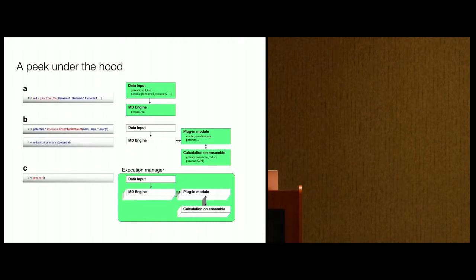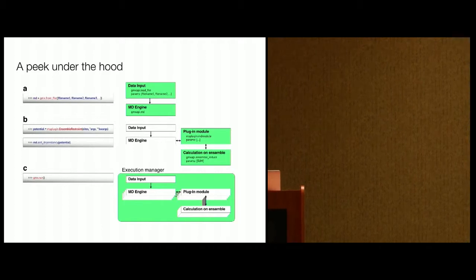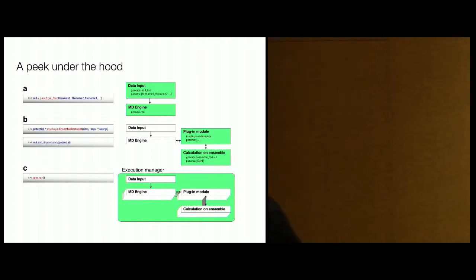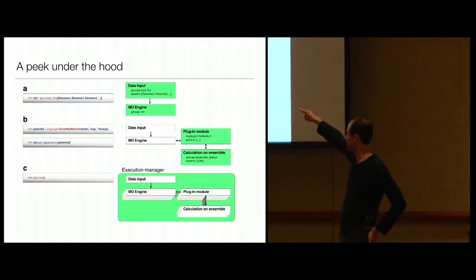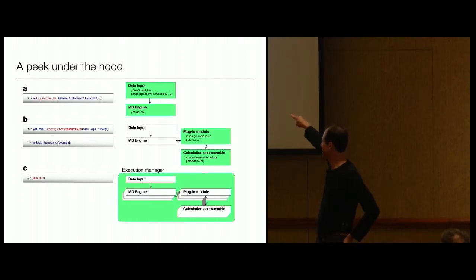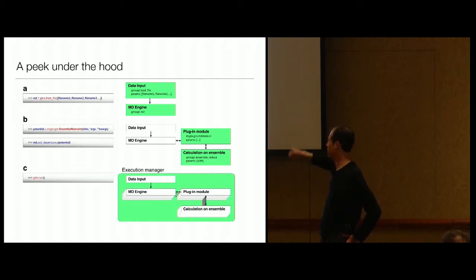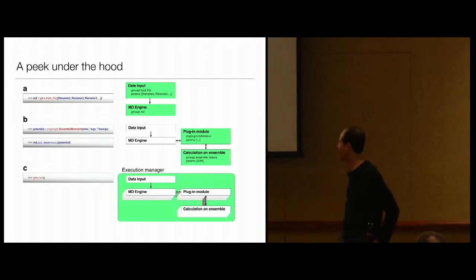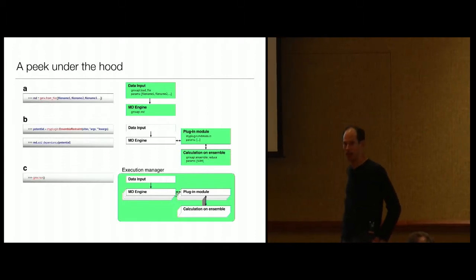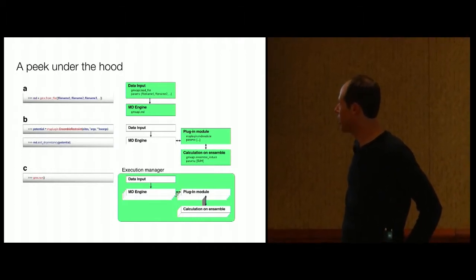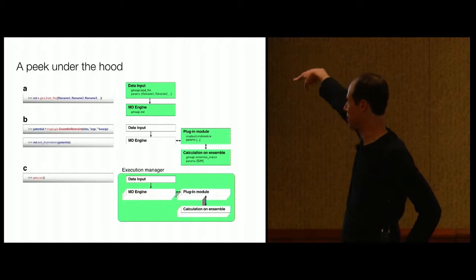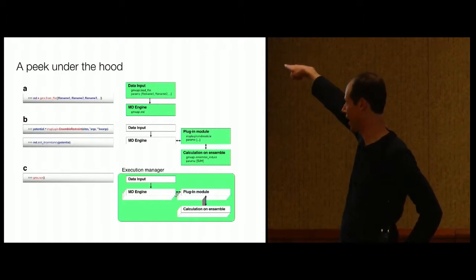So really what this ends up looking like under the hood is that this initialization then sets up the first stages of a computational graph: data input, and an MD engine instance with a dependency on this data, setting up the potential. It then adds elements to the computational graph, both a plugin module that has connections to the MD engine,